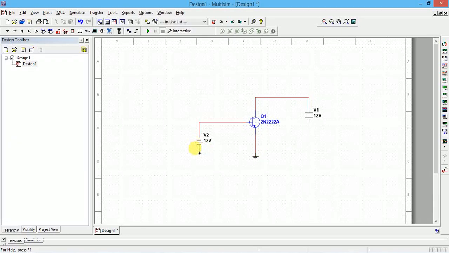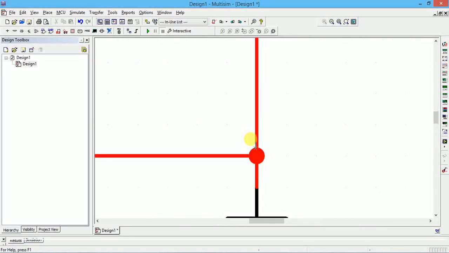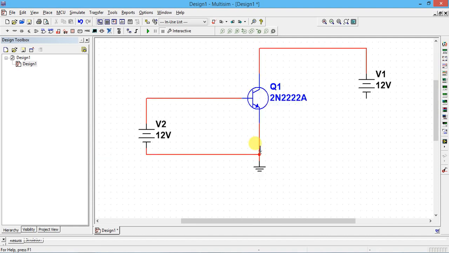Now from this edge you click, I want to go right side, so click here, then go right, and here you can join. So once you join, I think you can see there is a button which will show a node is created. There is a circle; this is indicating there is a connection. Now similarly from this side you connect, and you can connect to the same node.